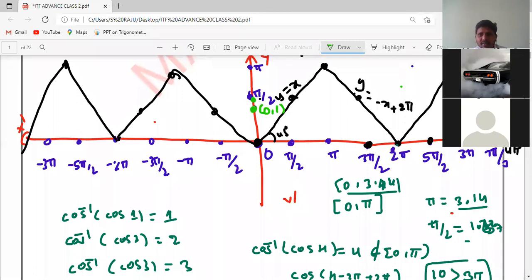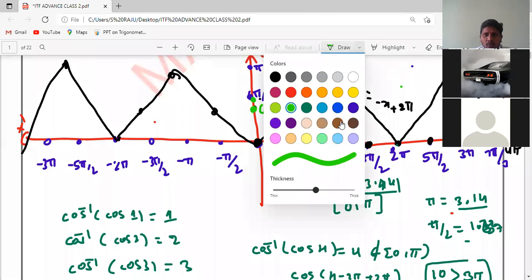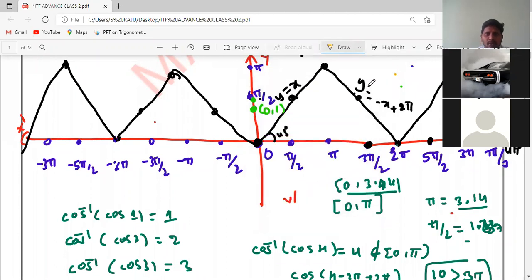And when y is equal to 0, what is the x value you got? 10. Is 10 more than 3 pi or lesser than 3 pi? More than 3 pi. I'm choosing somewhere here. Okay, this is 10 comma 0. Now you can join these 2 points by a line. When I join here, students, all of you observe, we are going to get the graphical representation